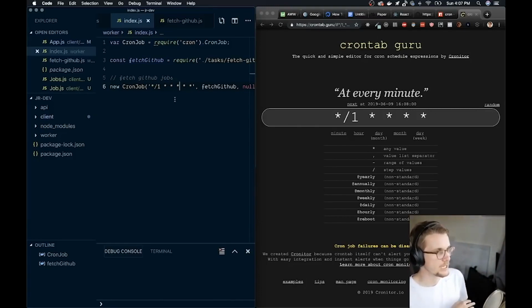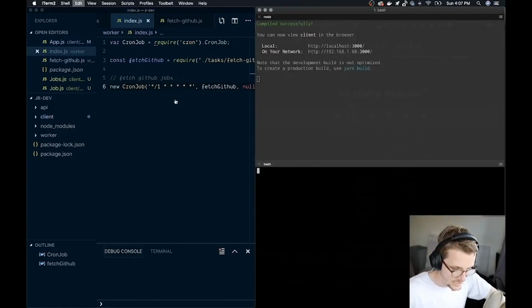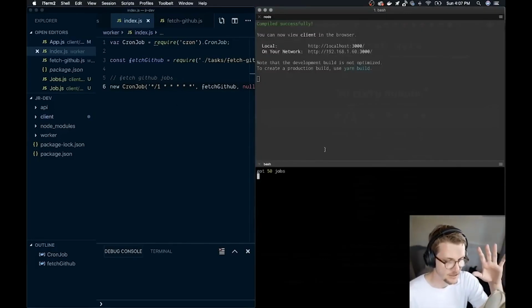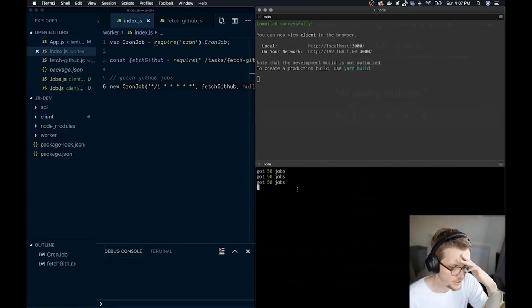So maybe one could run every 10th minute of the hour, one could run every 20th minute, and it'll just continuously refresh without hitting any one of these APIs too often. Let's test the cron aspect of that. I just turned it on, and it's running for the first time now,